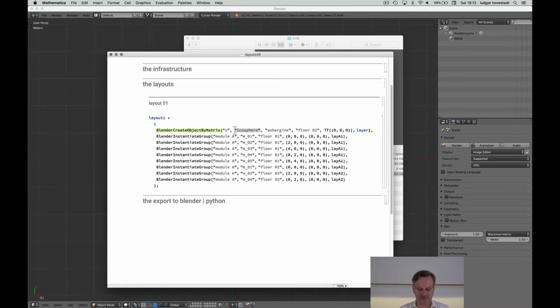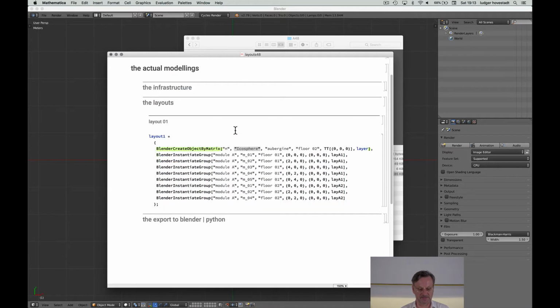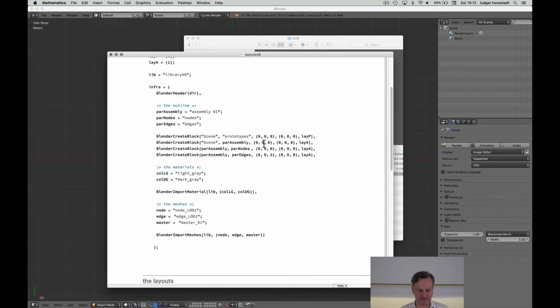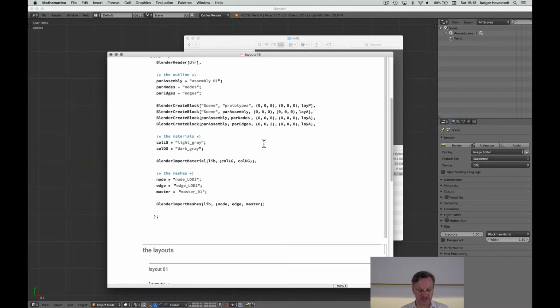So it should be, this is a mesh, so therefore we have these, let's look in our infrastructure, the meshes. This is not too good. So what we should do is here we say msh node,